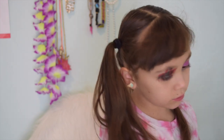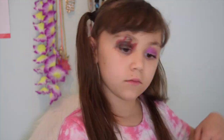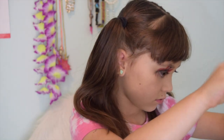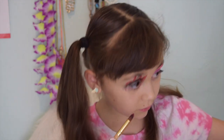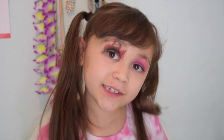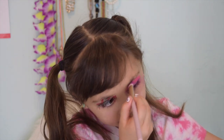Now I'm gonna use this brush to get like a pinkish color. You guys, I like dabbed it like 3 or 4 times, and this is how much I got. Okay, yeah, so that's my angel side. This is my devil side so far. I really don't know what I'm doing, but I'm sorry I wasn't patient to you. I just really liked my...